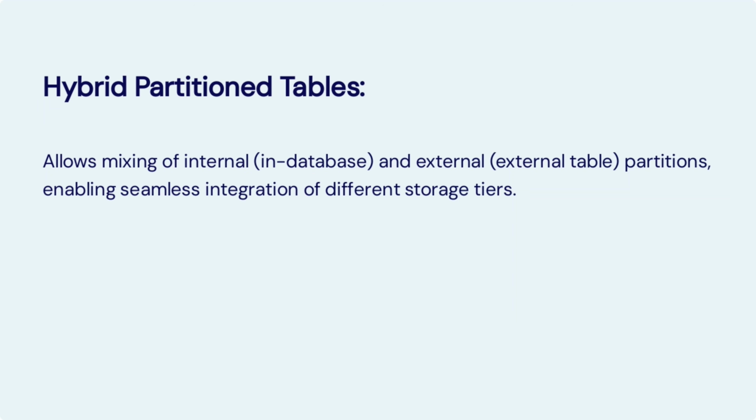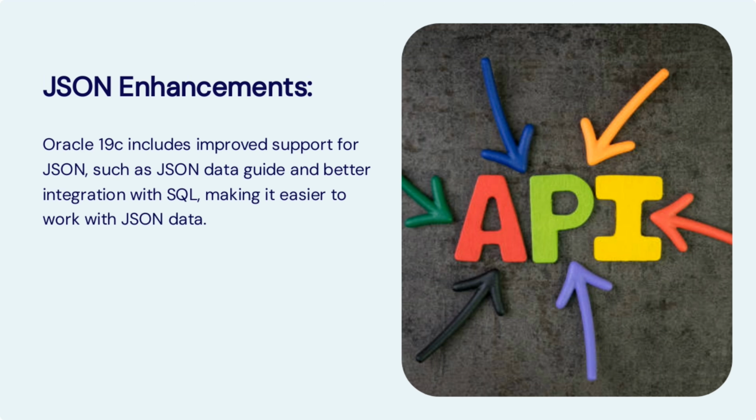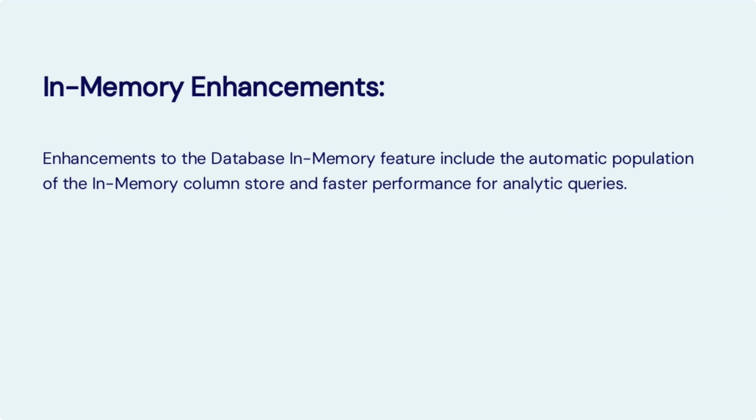Hybrid partition tables allow mixing of internal, in-database, and external table partitions, enabling seamless integration of different storage tiers. Oracle 19c introduces enhanced support for JSON, including a JSON data guide and improved integration with SQL, simplifying the management of JSON data. Enhancements to the database in-memory feature include the automatic population of the in-memory column store and faster